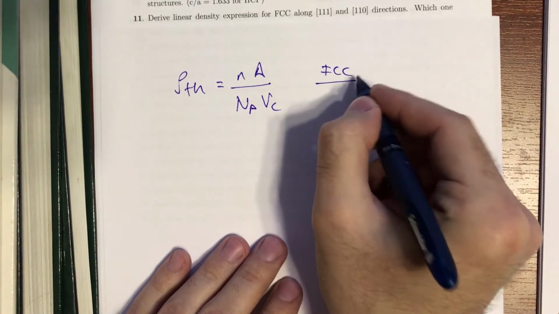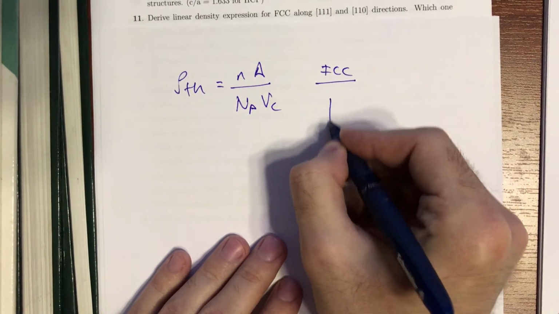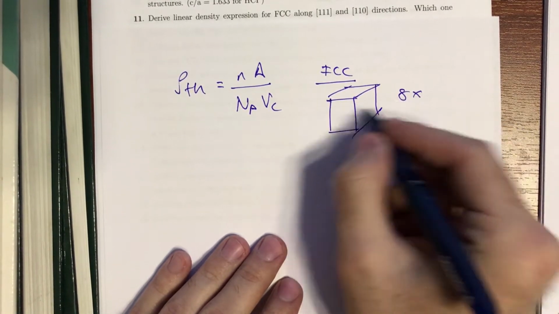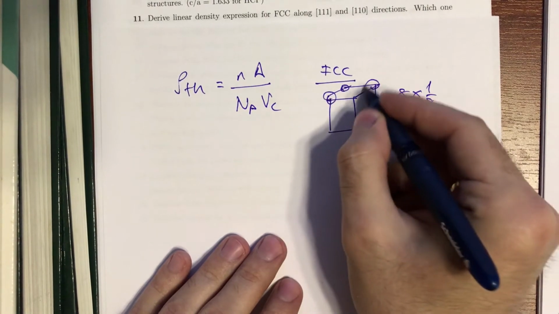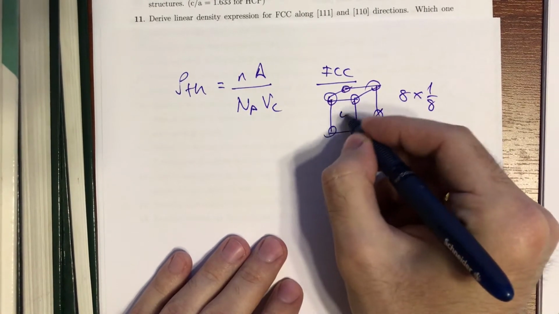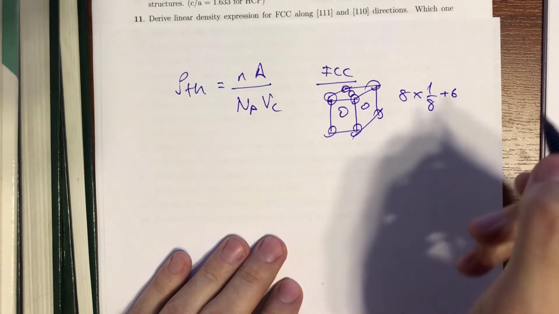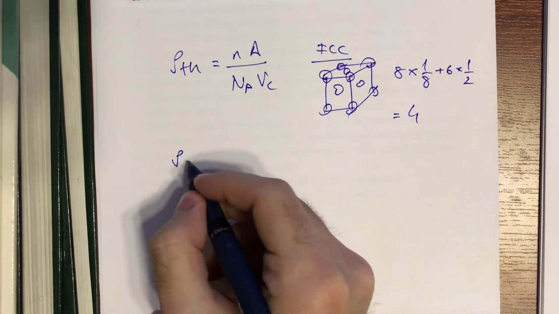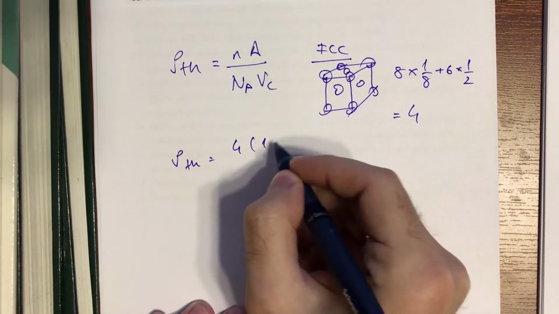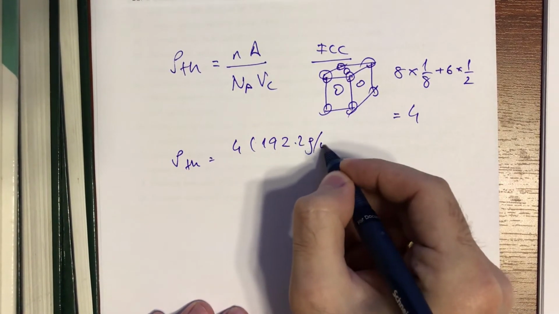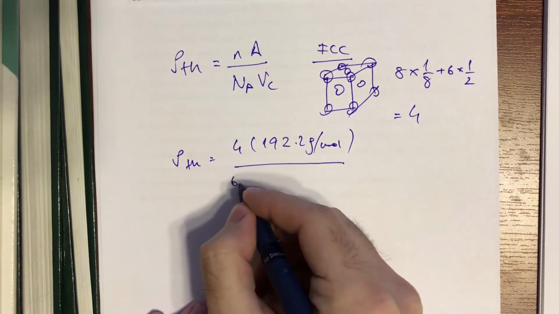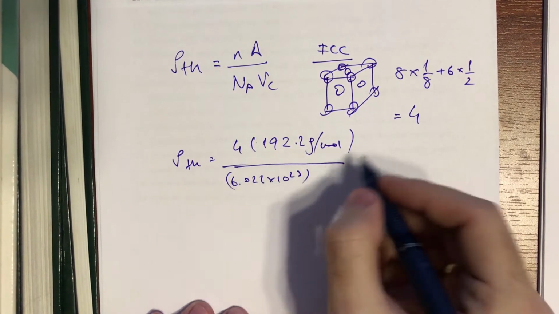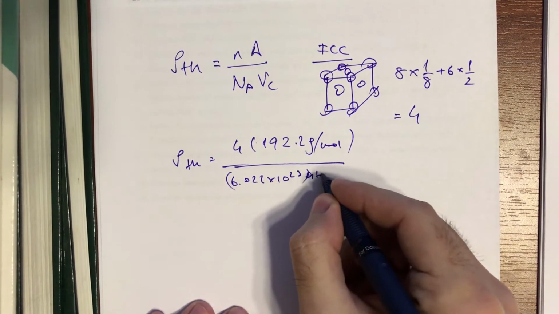For FCC structures, what do we know? We know that if we draw the structure again, 8 corner atoms, 1/8 of them are inside. Then there are 6 face atoms, half of them are inside. In total 4 atoms. So 4 atoms, 192.2 grams per mole, divided by Avogadro's number. Let's say atoms per mole,